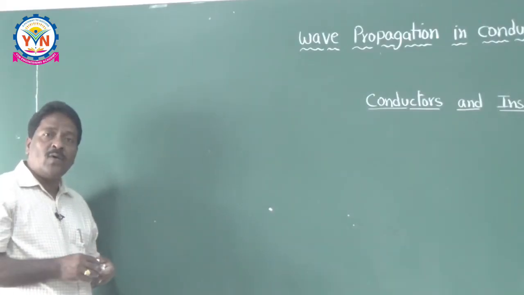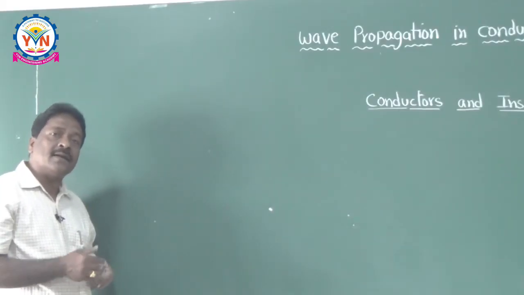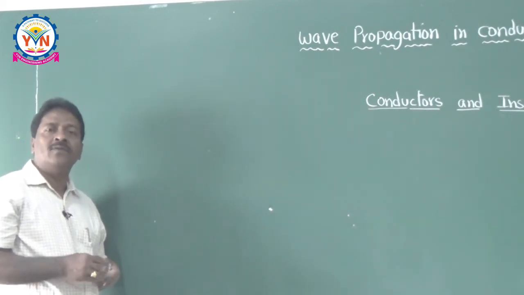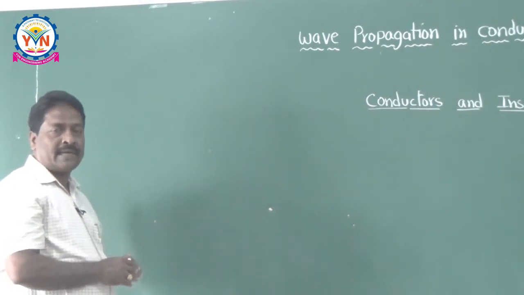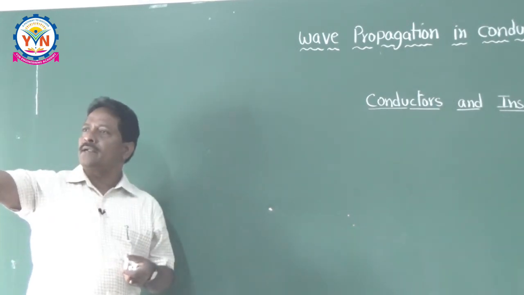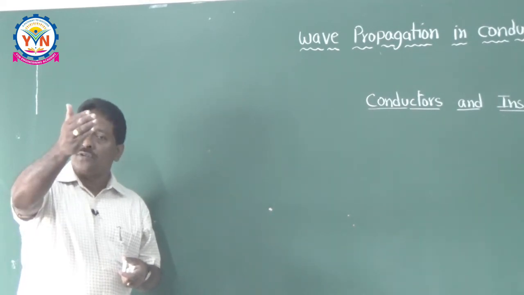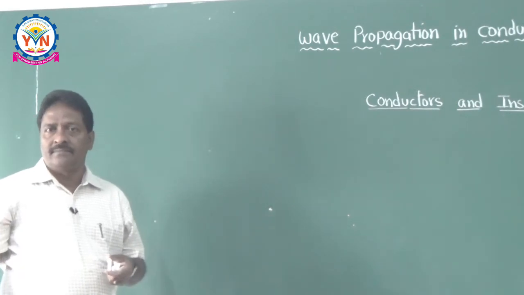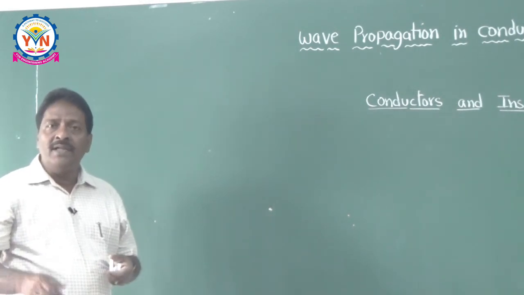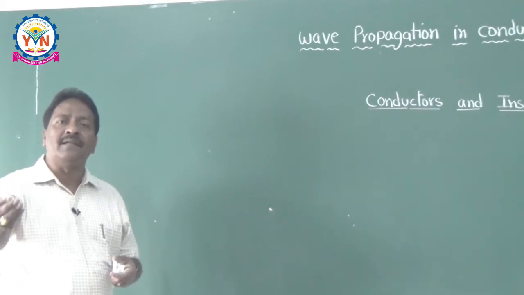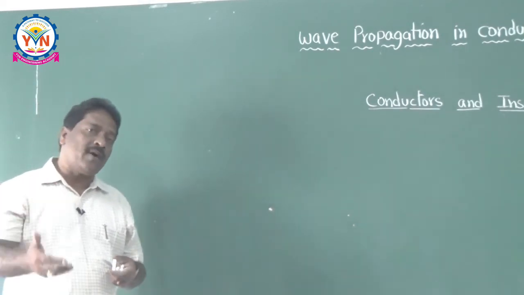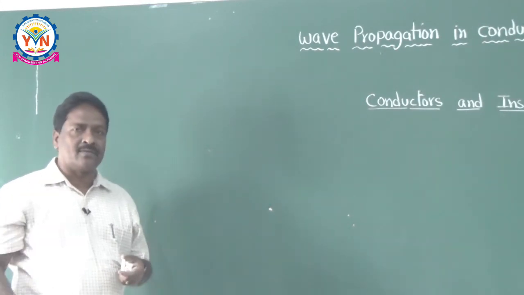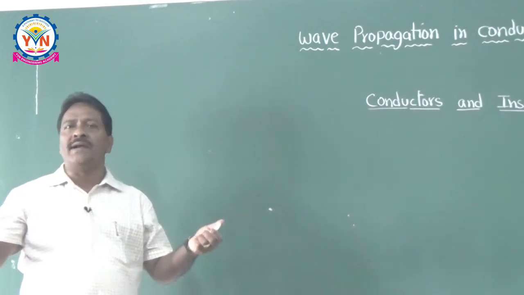Up to now, we have seen wave propagation in conductors, and we observed the presence of alpha, which is nothing but the attenuation constant. That means whenever the wave is propagating in a conducting medium, its amplitude goes on decreasing because it is multiplied by e to the power of minus alpha x. But sometimes it is our duty to identify which medium it is. That means we have to define which is a good conductor and which is a good dielectric, because we are not going to see the ideal values here.